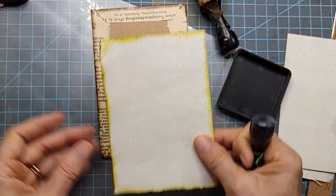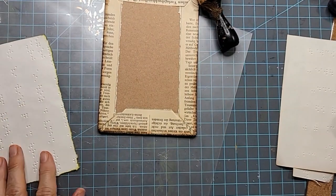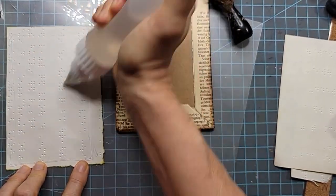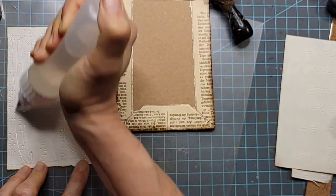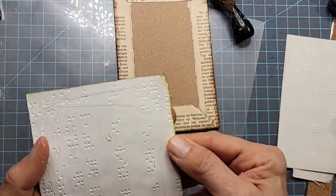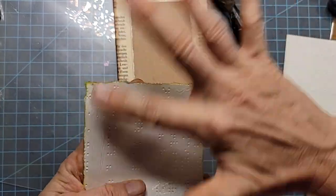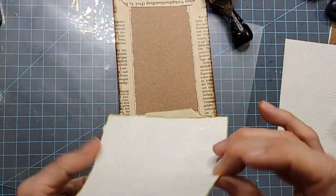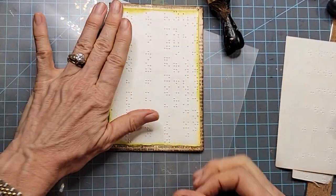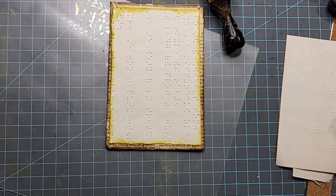There we go. All right. Oh, that's there. And I'm just going to glue that down. And maybe this one I'm going to use the Fabrifix. Just go around the edges. I'm going to do the big X and then just cover in the missing parts. Just make sure it's mostly done. Get the corners good. Since it's very hard to glue right on the corners, I like to take my finger and drag the glue lightly to the corners. That way I know my edges are glued down. Don't have to sweat. If you want to spread a little in the middle, go for it. There we go. I'll snuggle that right in there. So cool is that? Okay, so now I thought it might be fun just to...